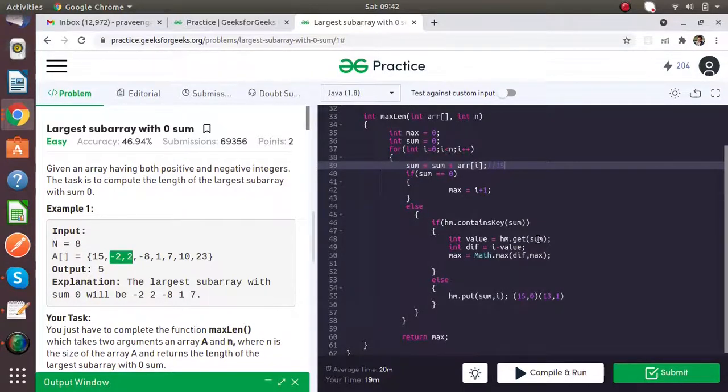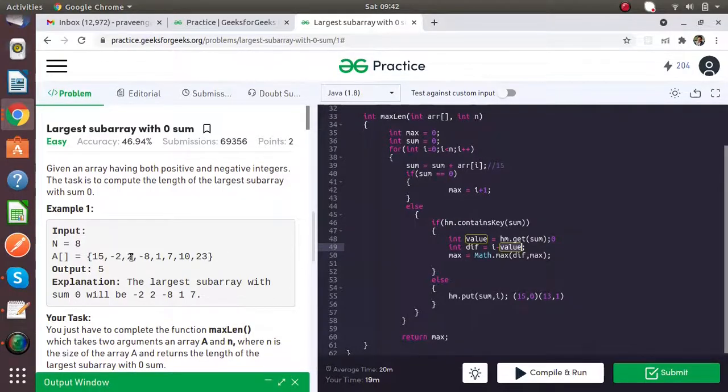So what we are going to do, we find out its length. So the initial 15 index is 0, so the value is 0. Then we take the difference between the current index and the previous 15 index. So the current index is 0, 1, 2.